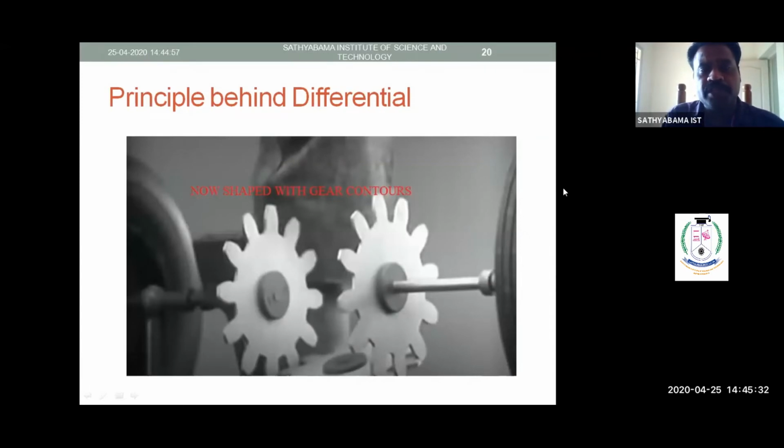After this, they made some curvature. In the blades, they made some curvature. You see the previous one and this one. The tooth has some curved portions, some profiles. In gears, normally we have two profiles: one is the involute profile, another one is the cycloidal profile. They made some little advancement. They tried with this type of gears compared with the previous one.